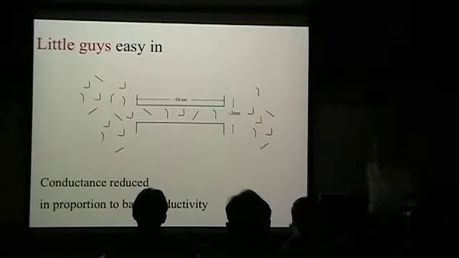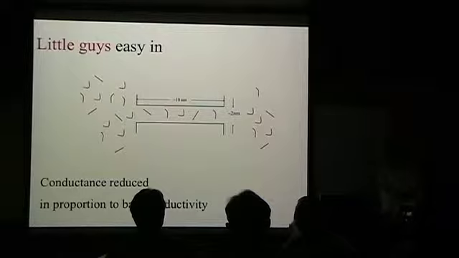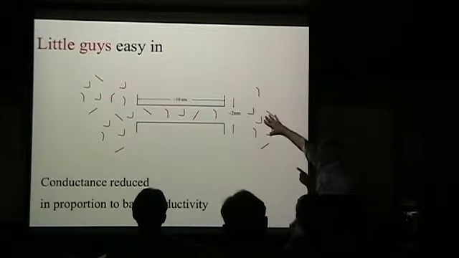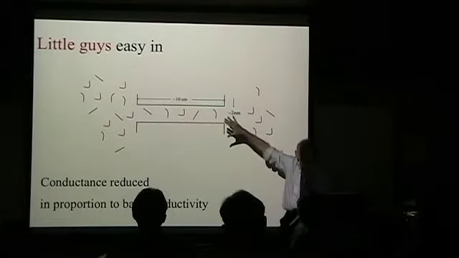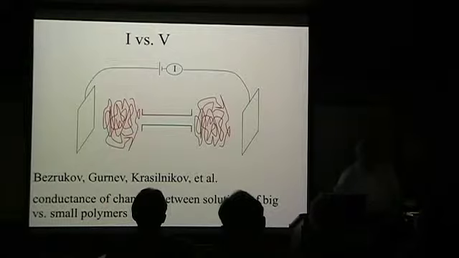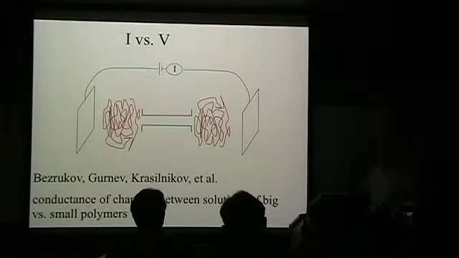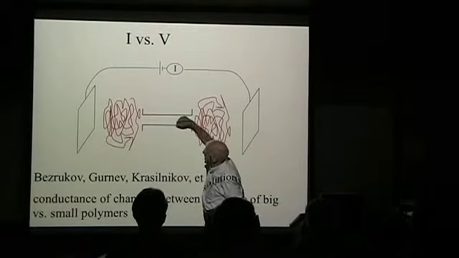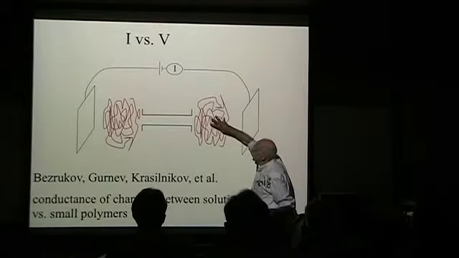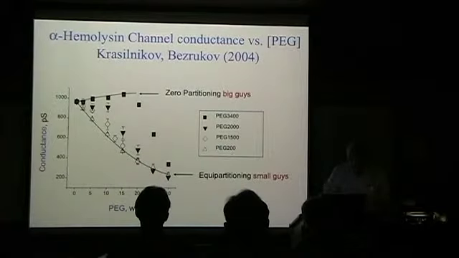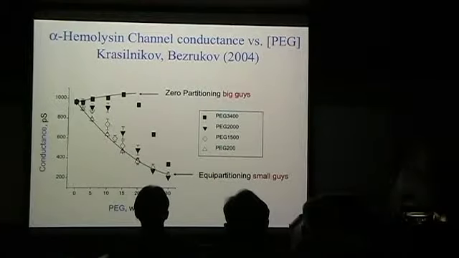So, how to think about it. If we imagined that the little guys just partitioned, no trouble at all, the conductivity of the solution is going to go as the conductance of the channel. Just to keep track like that. If we're looking at this picture I showed you already of big ones, you're going to have this guy sitting outside. Nothing really happening in there unless the ions are feeling this red stuff and don't want to go in there. But let's take a look at what happens with real concentration.